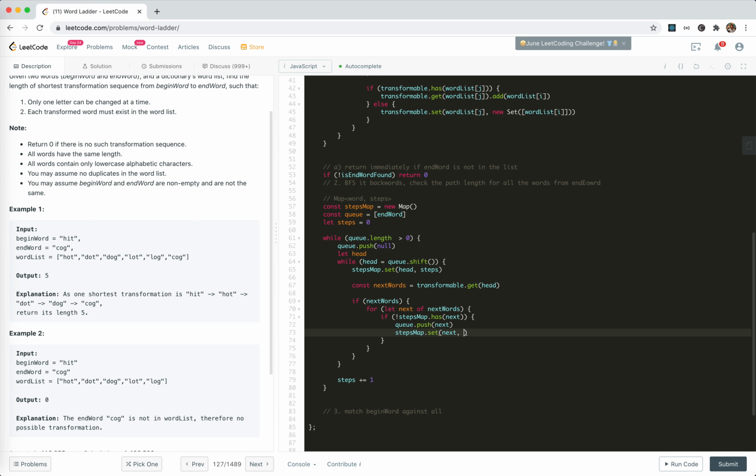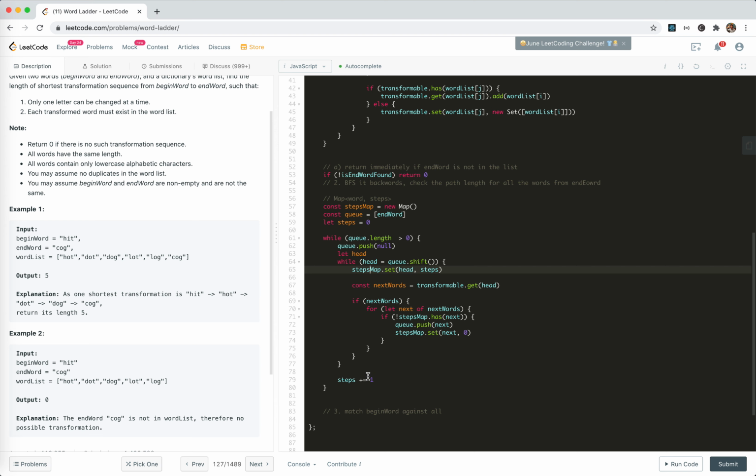Steps should, okay, 0 is okay. It will be updated when it is shifted. So, cool. And then finally, it is working, Q, get it, and